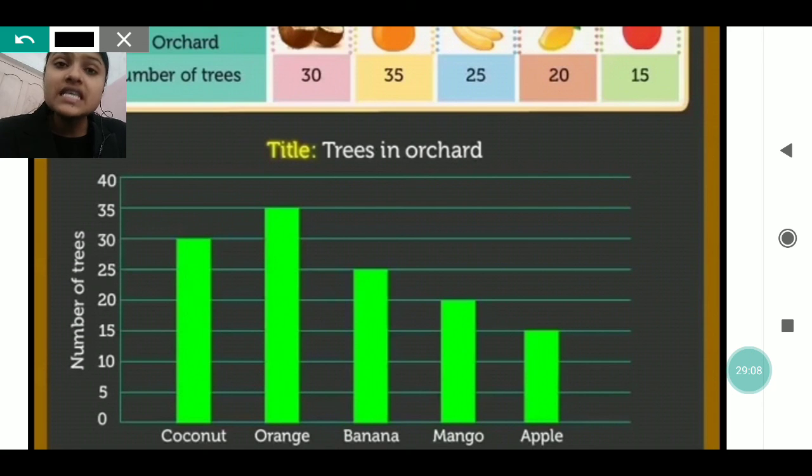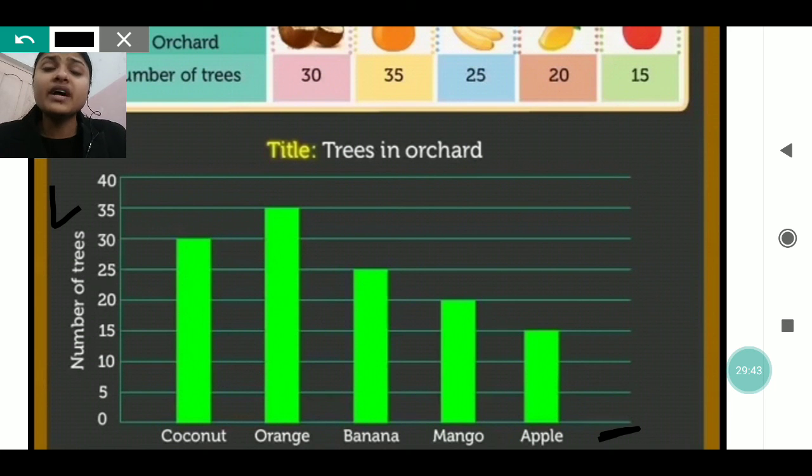The bar which you are seeing right now is a vertical bar, my dear. You just have to write down the numbers on the left side, and at the bottom you will mention the names, and then you can draw the bars according to the number. For writing the numbers, it's very important to see the difference from one number to another, because the difference can be 2, or 1, or 10, or 50. So accordingly we have to write the numbers on the left side.